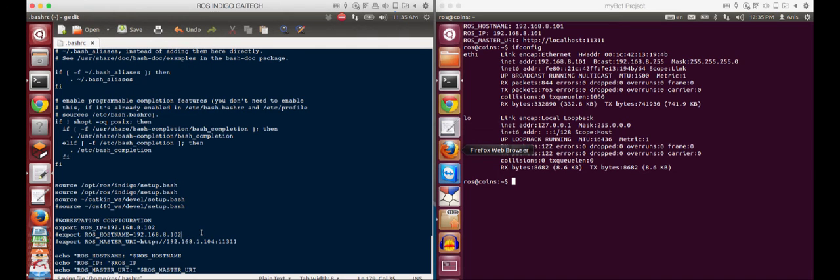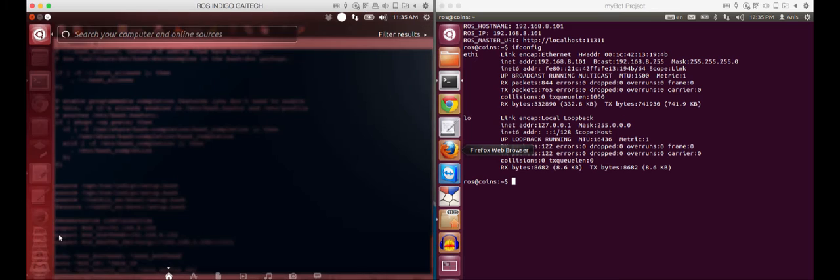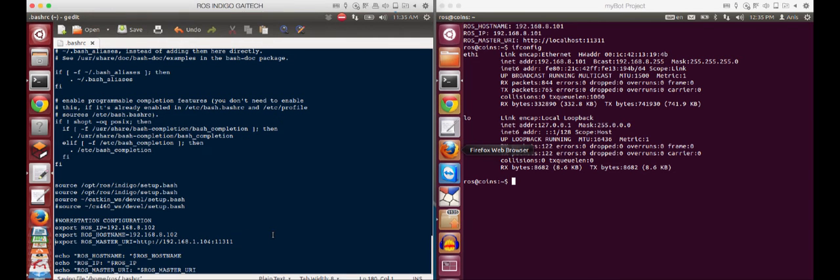And then what is very important, we need to specify the correct ROS master URI. So remember that ROS is going to run on the robot machine that has this IP address 192.168.8.101. So here it must be 192.168.8 and .101.